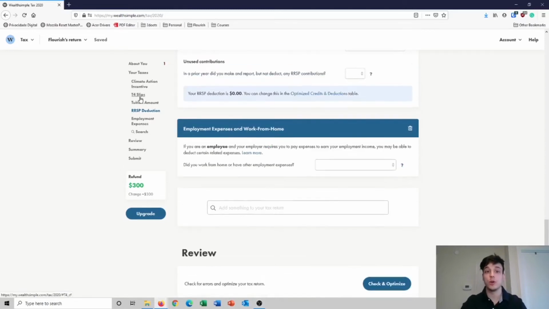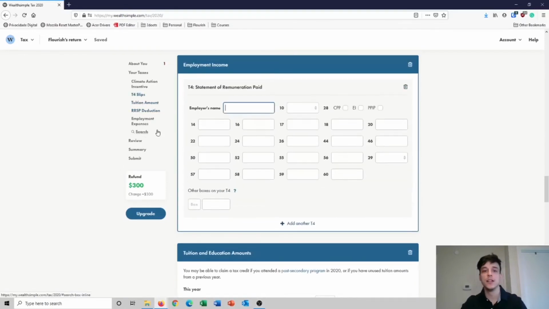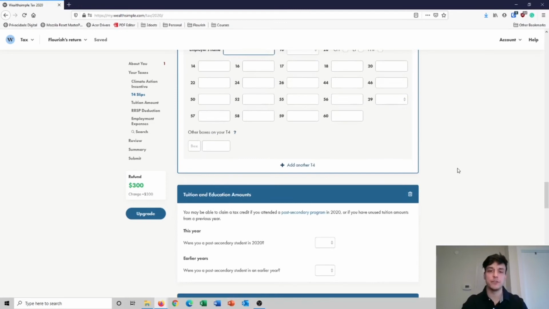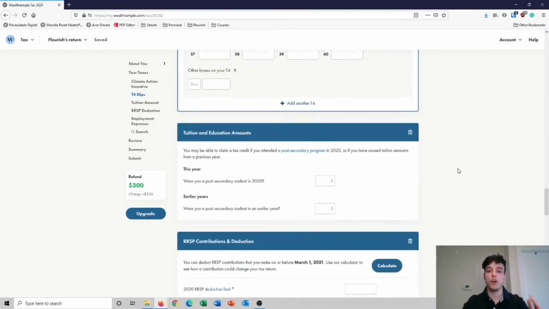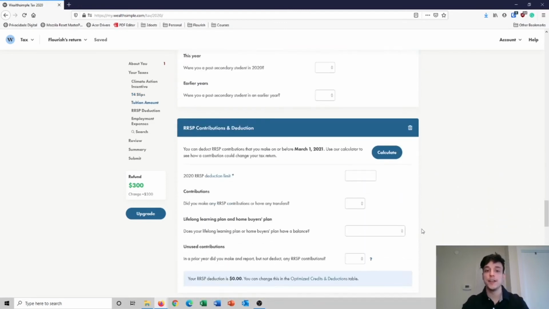So let's go to our T4 or my T4, and if you're not sure what these boxes mean, you can just hover your mouse and see, for example here, box 14, employment income, and then you see on your T4 the amount that is there. Other than that, it's pretty straightforward. You just fill all your information here, and now looking back to the panel, you can notice a number 1